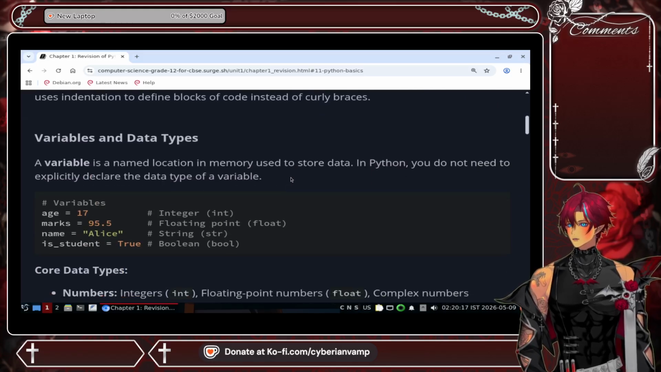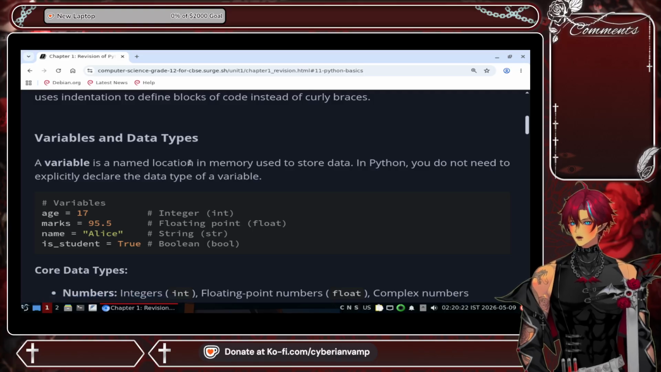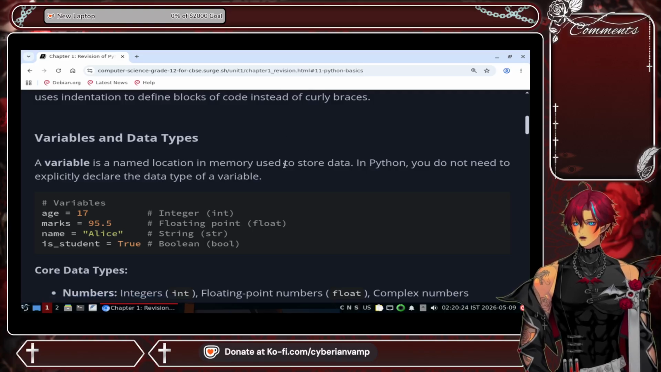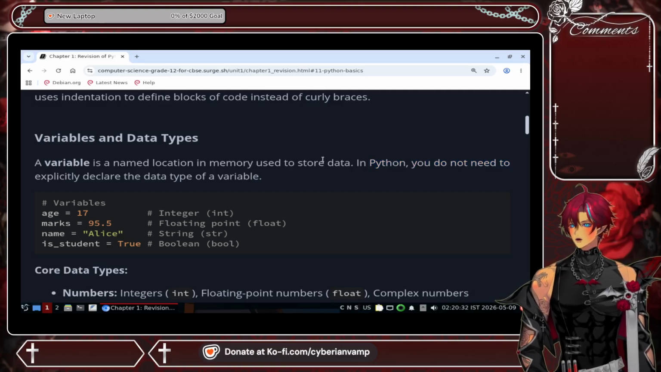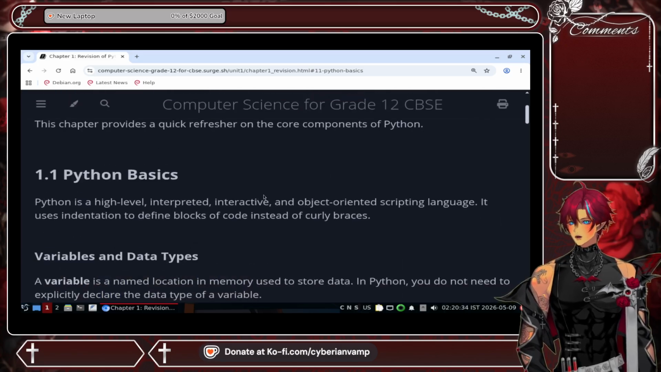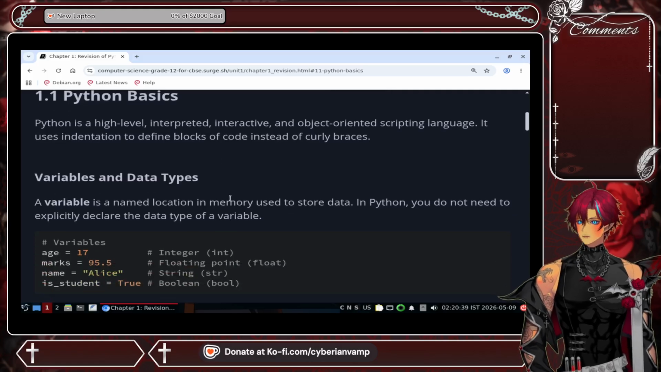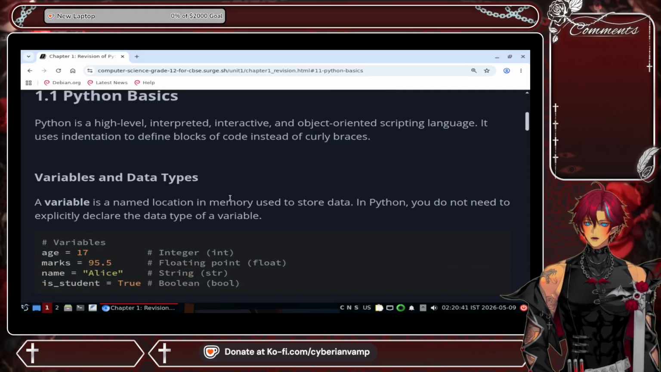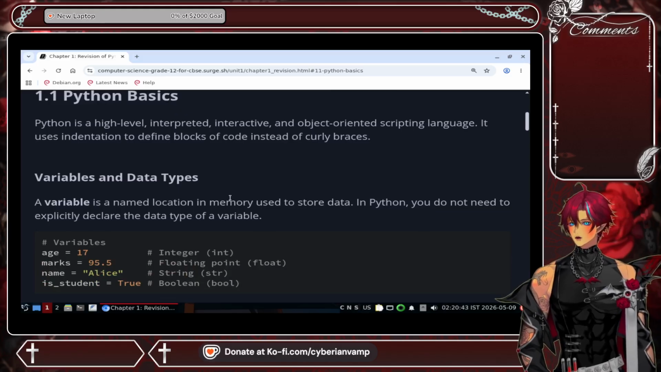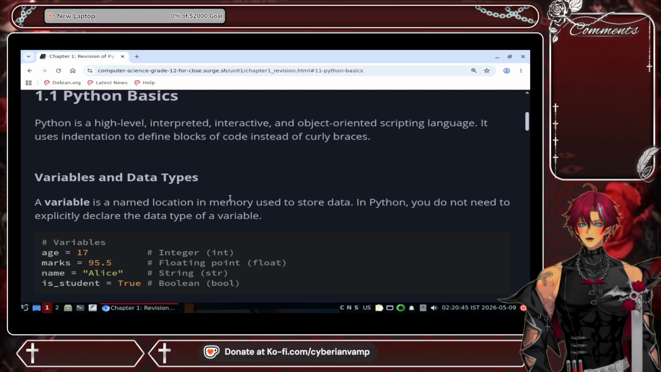Right. So now when we talk about variables and data types, a variable is a location in memory used to store data. So that is a variable in here. In Python, you do not need to explicitly declare a data type of the variable. Unlike other languages, specifically the compiled low-level languages, those languages usually require